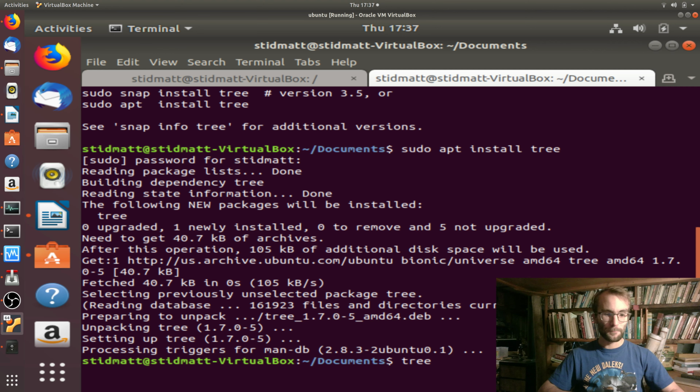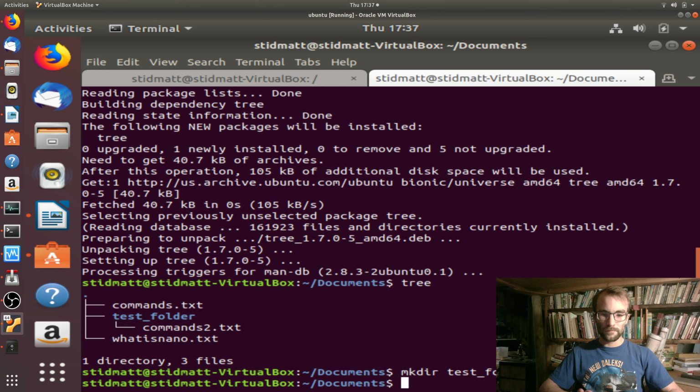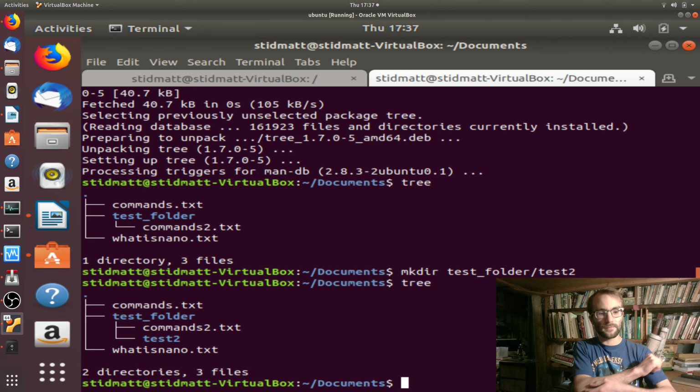Press tree in documents. This shows you the structure of what's in your folder. This is extremely useful when we're working on projects for fairly obvious reasons. Let's make another directory in test folder, test2, and then press tree again. It will show you that there's a test2 folder in your test folder. Then you want to say nano test folder test2